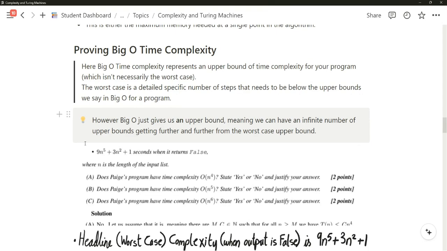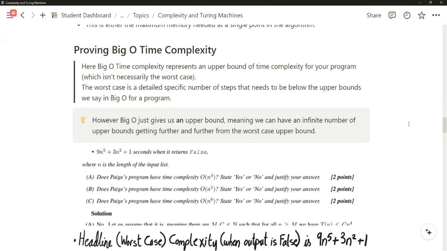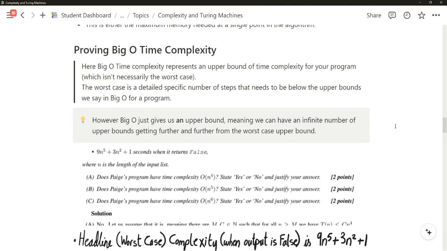So if you want to prove the big O time complexity of a program, you need to first get its headline complexity. There's a bunch of different cases in which things can happen. So I have a question here where,